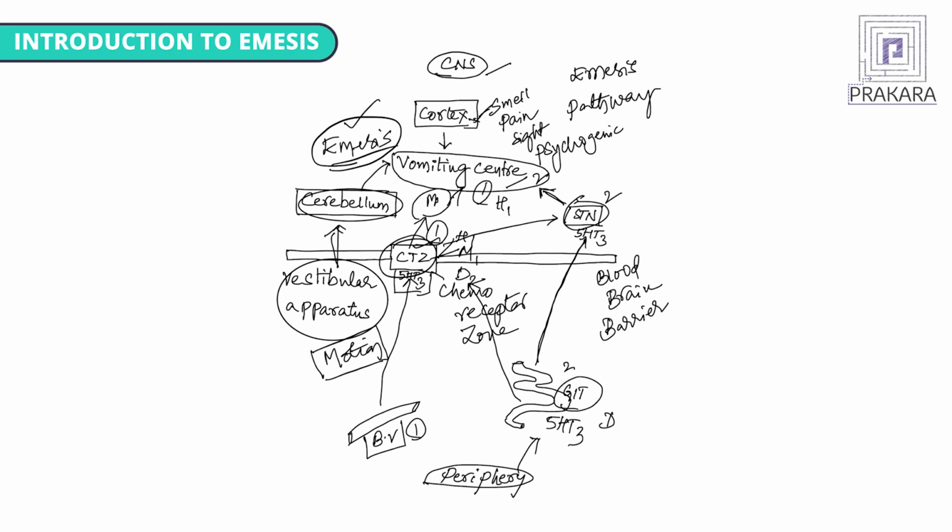So generally, whenever drugs, excessive usage of drugs, or when a patient is exposed to radiation for a long period of time, or because of gastric irritation, majorly the second pathway will be triggered. However, the first pathway could be triggered because of excessive exposure to chemicals, and patients who work for a long period in the pesticide industry, as well as in some cases the paint industry. People who are exposed to paint for a long period of time could also have this CTZ activation resulting in emesis.